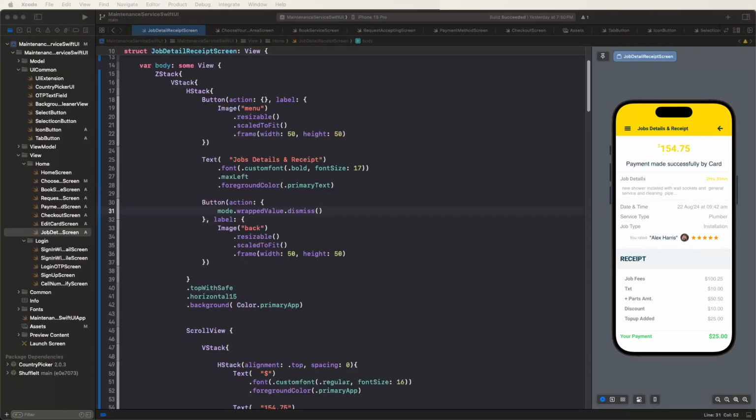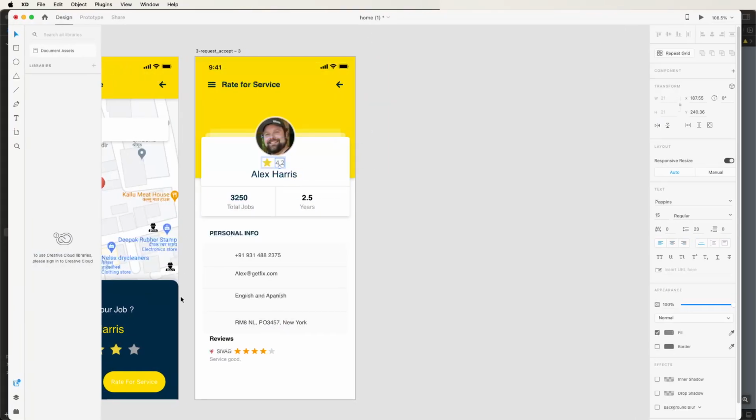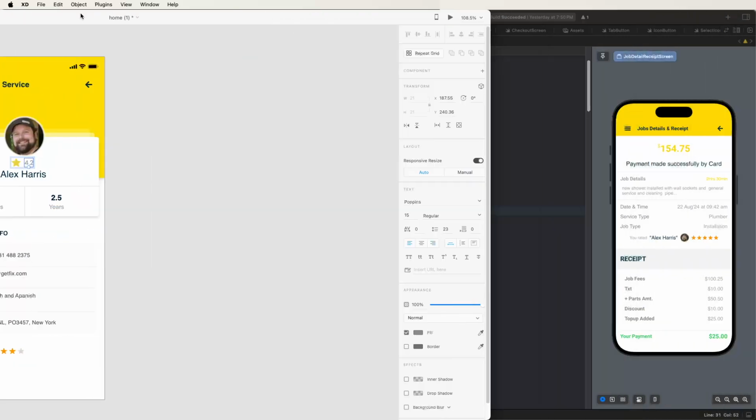Shift UI inside. Today we need to develop the rate for service UI. First of all, we need to see these designs inside the XD files. Need to look like this. The UI needs to be developed like this, here are the steps we need to draw, and let's start how to write it inside the Shift